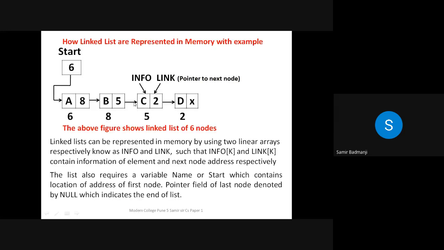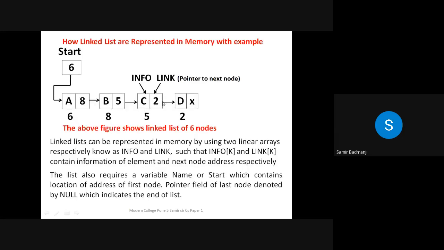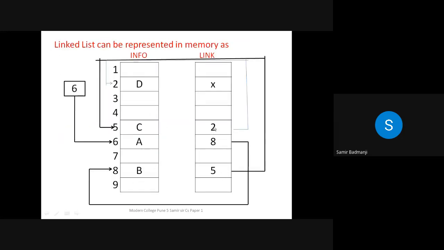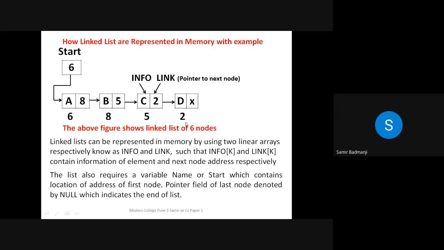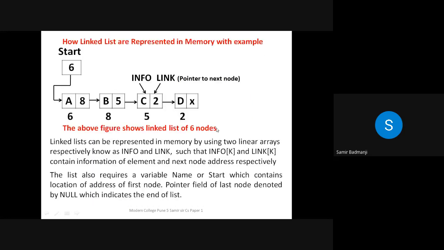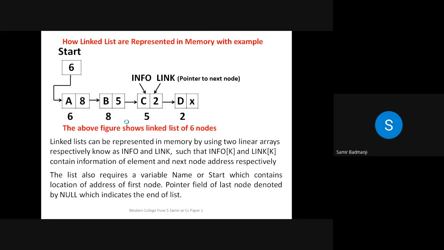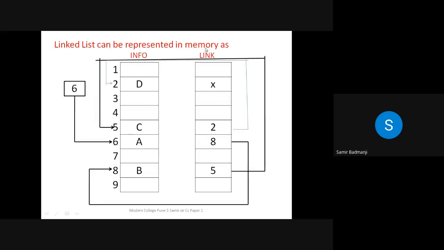Now similarly, this 5, from 5 again you have to just draw a line. See, from 5 again go above, just come here, go to that fifth location. Now what this fifth location is going to have, C and 2. So write down C and 2. Now see, where this C2 is going, it is going to D. So from 2 again draw a line which will go to D, and this will be the end because X stands for null. So in 2 you can just write down D and X. X means the null pointer. So even if you take 4 nodes, linked list can be represented in memory like this.